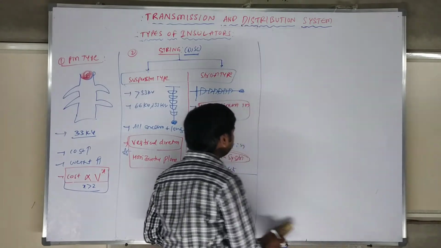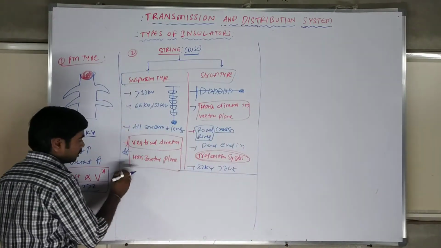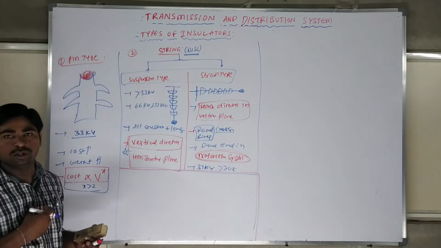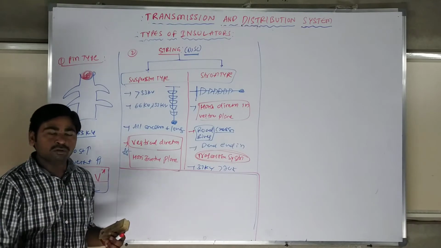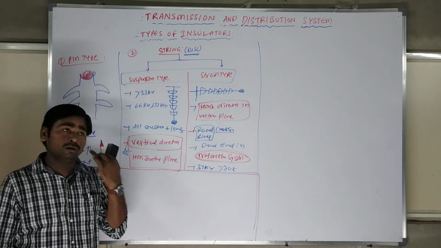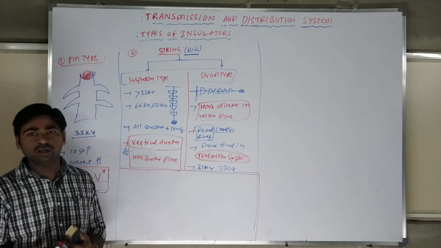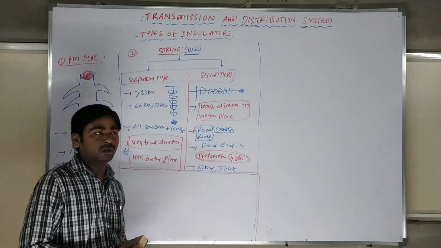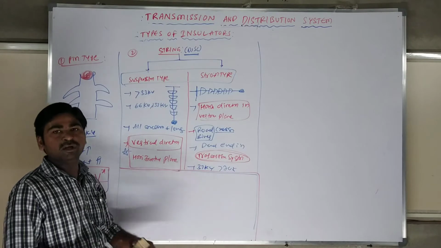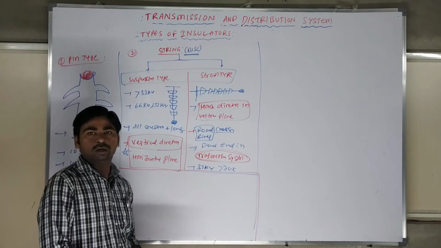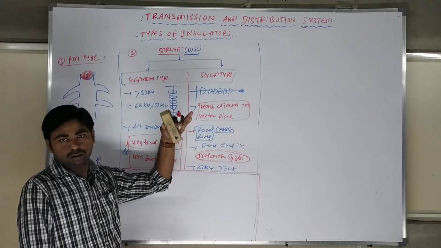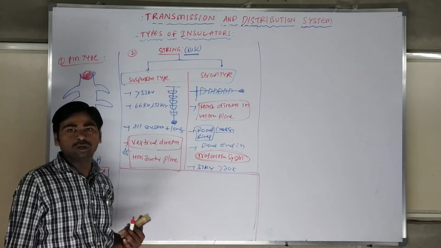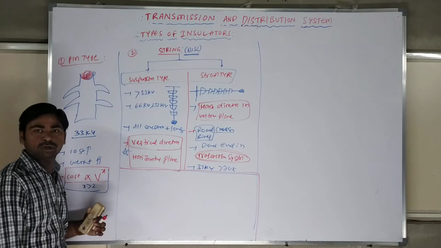Next, one more basic important concept in strain insulators: the number of discs for a certain voltage. If I want to go for 132 kV, 400 kV or 765 kV, how many discs are we using? I told you each disc has approximately 11 kV. But as the number of discs increases, it is not that much of an 11 kV multiplier; it will be less than the 11 kV multiples.